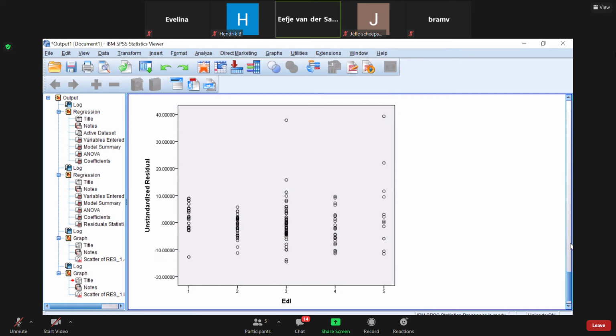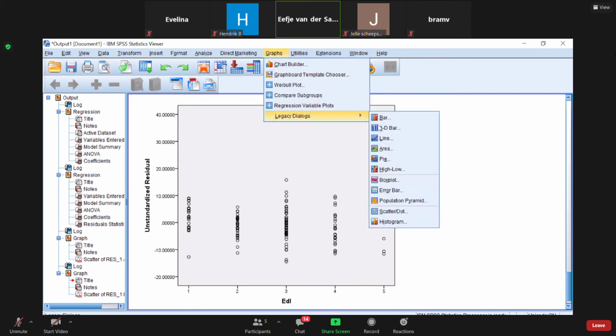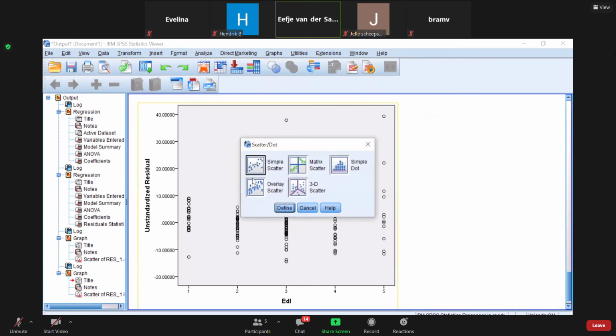But imagine you have 10. Then it's going to be a lot of work. And if you have to comment on all those graphs for linearity, you have no choice. But if you don't, there's another way to do it. Go to legacy dialogs again, you go to scatter/dot. You click simple scatter, define,